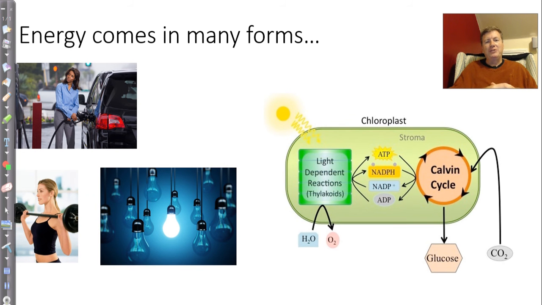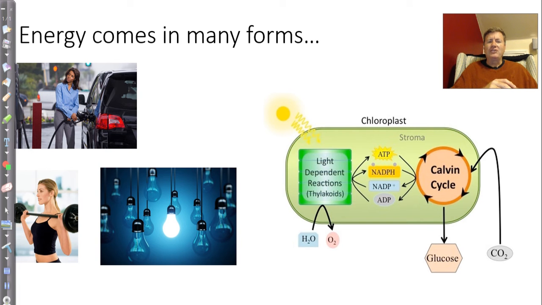Energy does come in many forms. We can think about the energy required to make our cars go, the energy required here to lift weights, the energy for our light bulbs, and maybe if you're thinking about it closely, the energy we need for our chemical reactions. Here you see ATP and NADPH. These are energy molecules that help make this reaction happen. Now, when I say many forms, you may be thinking about electrical or mechanical or potential or kinetic, and we're not going to delve into those areas here. I'd like us to keep the conversation on a little different level.